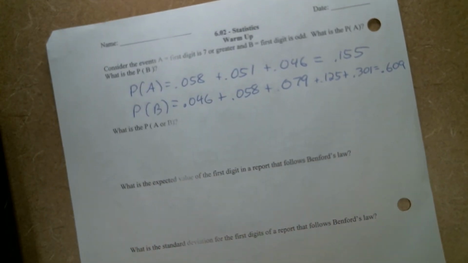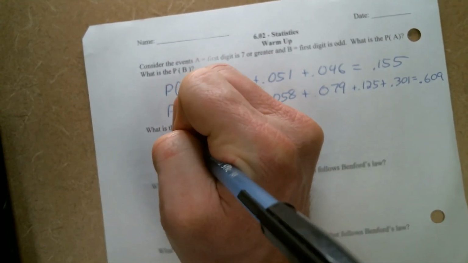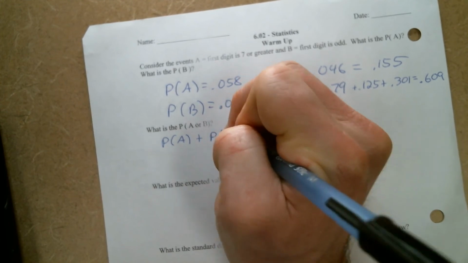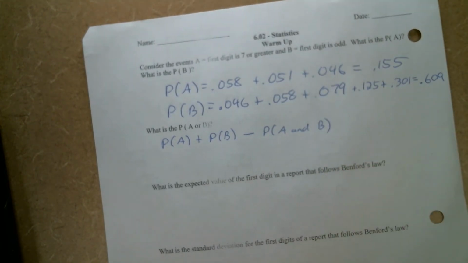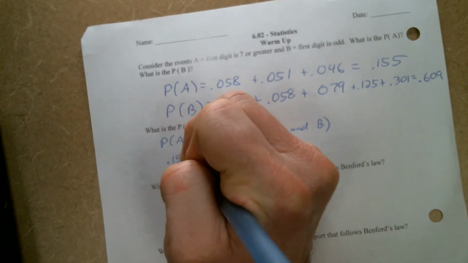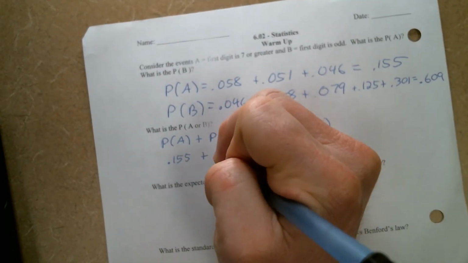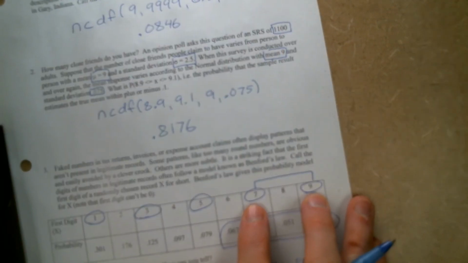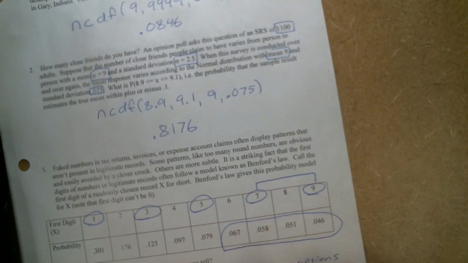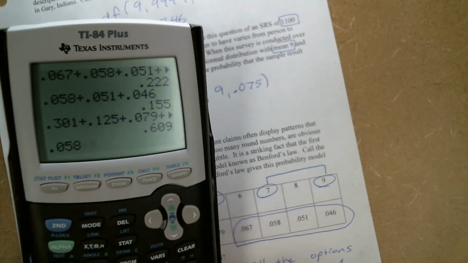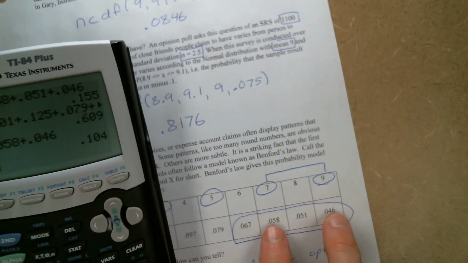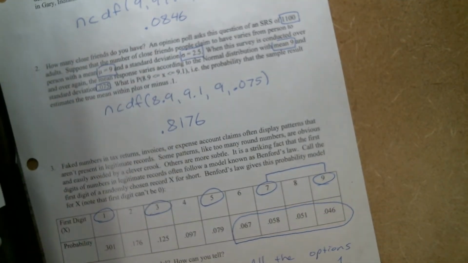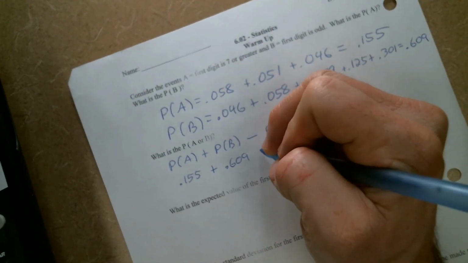Next question is, what is the probability of A or B? Remember, that's the probability of A plus the probability of B minus the probability of A and B. So the probability of A we found was 0.155. The probability of B was 0.609. A and B is basically the ones that we double counted. So we double counted 7 and 9 here. All right, so those were double counted, 0.058 plus 0.046. There was basically 0.104 that got double counted. It got counted as part of event A, and it got counted as part of event B. So we would want to subtract out that